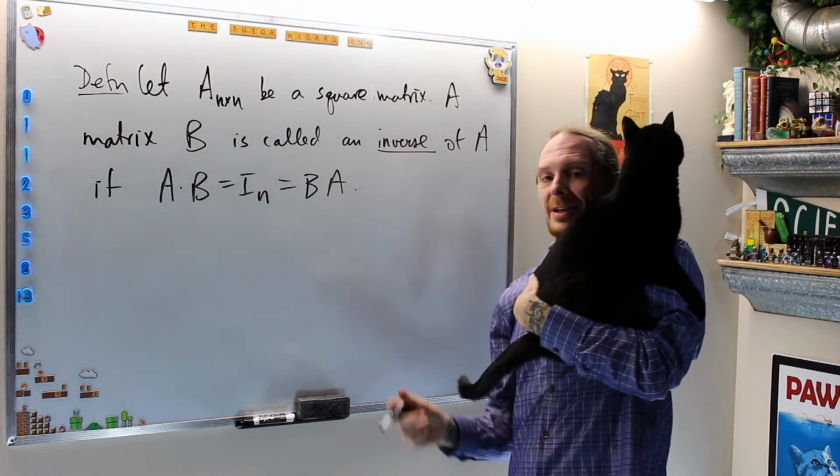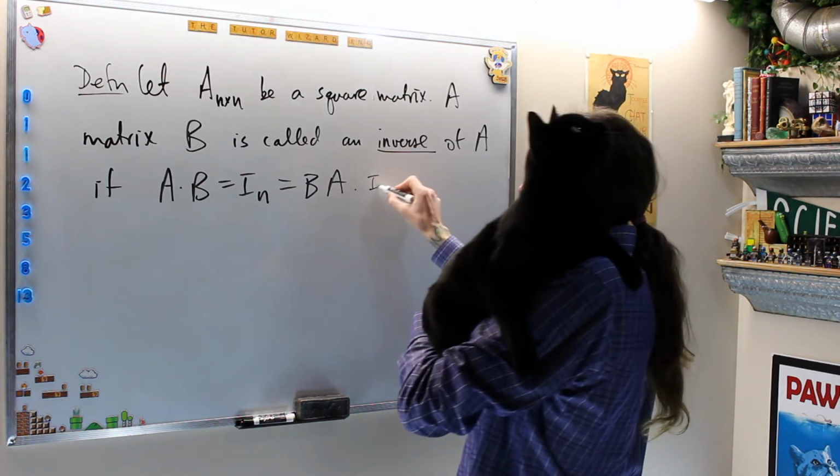So this is the definition of an inverse of a matrix. In such a case,